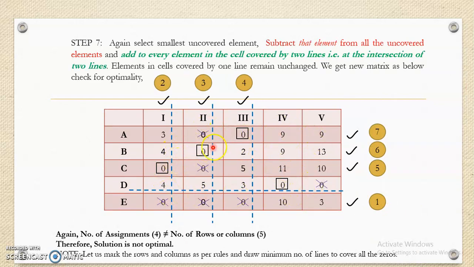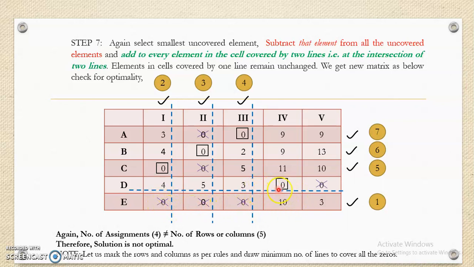Now again check whether the solution is optimal or not by making assignments. Assignment here will start from the second row. Why? Because the first row has multiple zeros, more than one. So we will skip it. The first assignment will be made here. Extra zeros will be crossed in the corresponding column. Now again check from the first row. It has only one zero. This is the crossed one. For assignment it is available. So let us assign this one. We will cross this zero in the respective column. Again check. The third row has one zero available for assignment. Assign it and cross extra zeros.